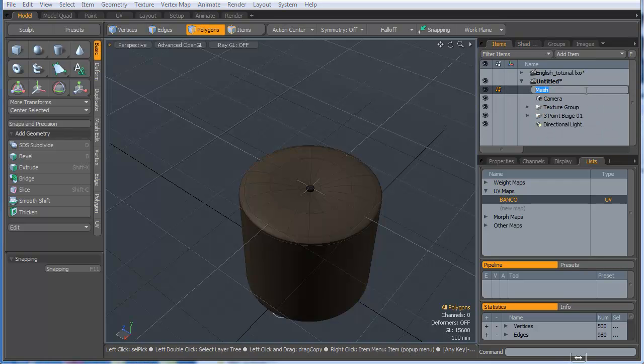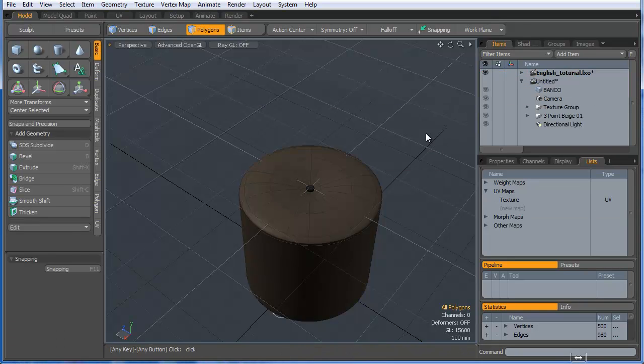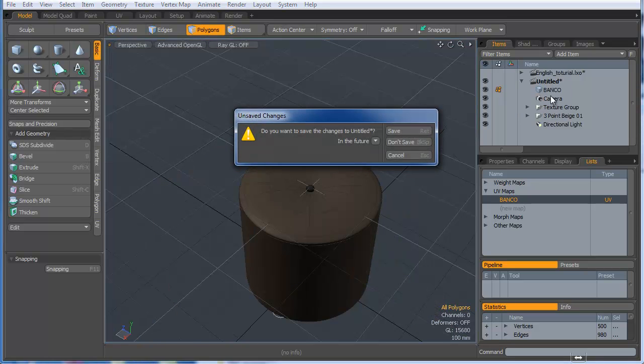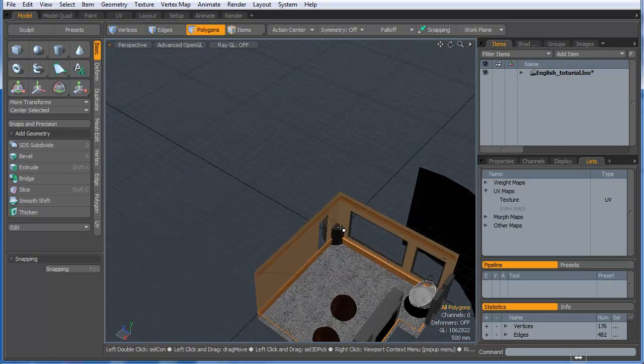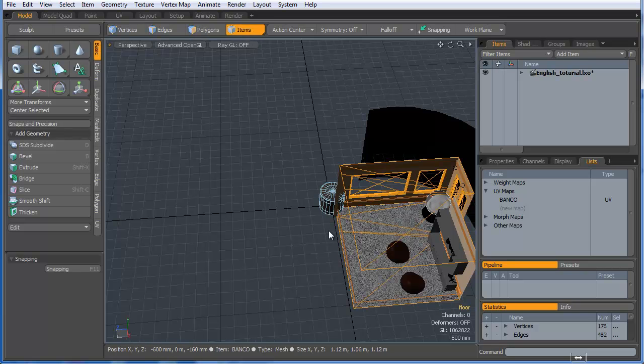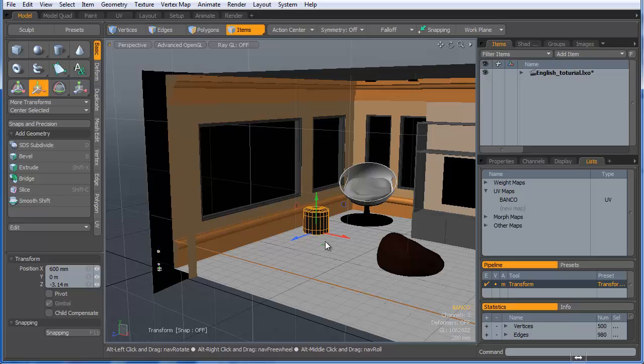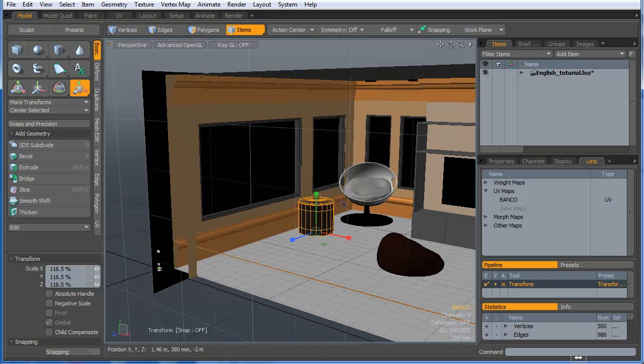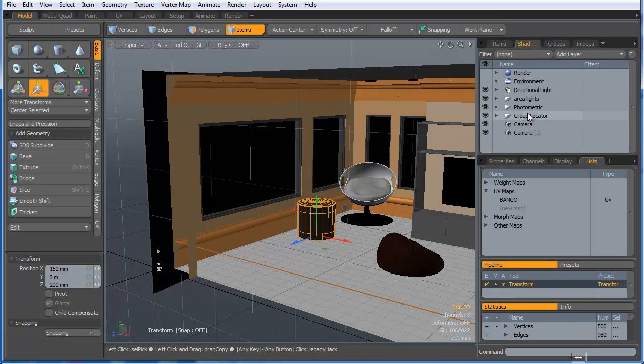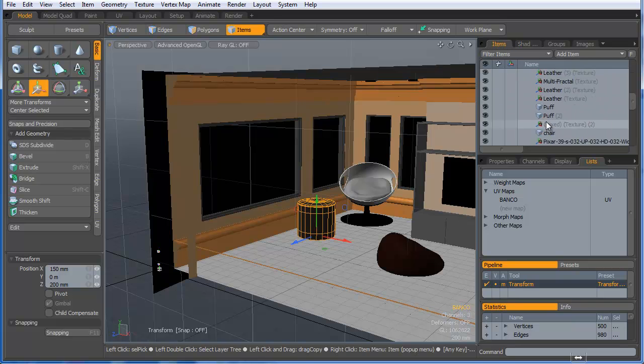and I will rename this little guy here to Banco and put it on my scene. And that's too big. I'm going to select this item, and I'll lower the size, move it, and now I think it's too little. R for scale, and I scale that up, and then I will duplicate it,